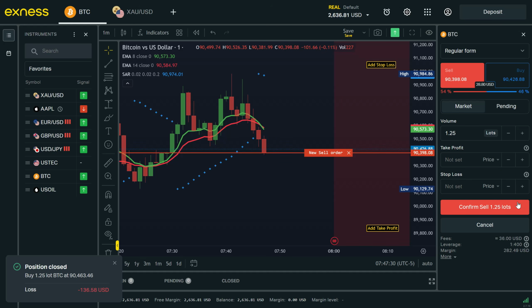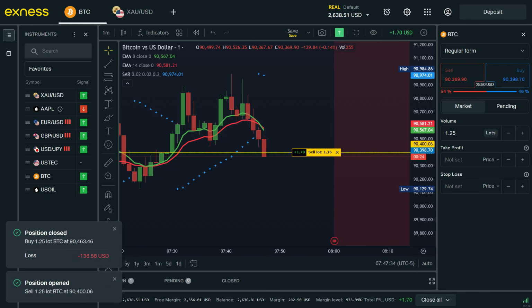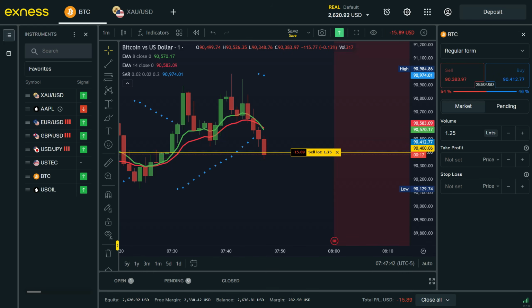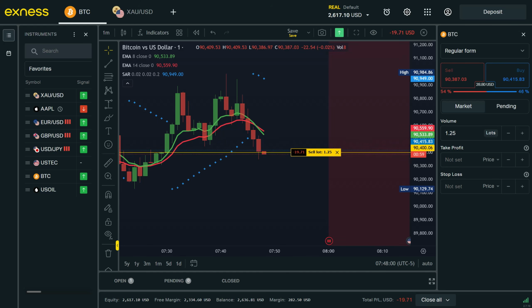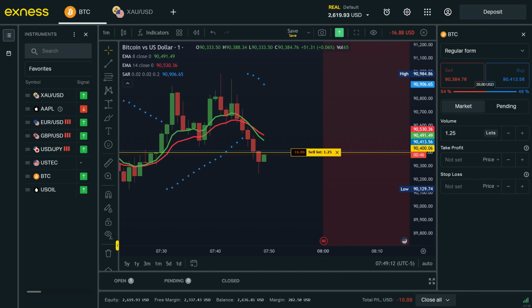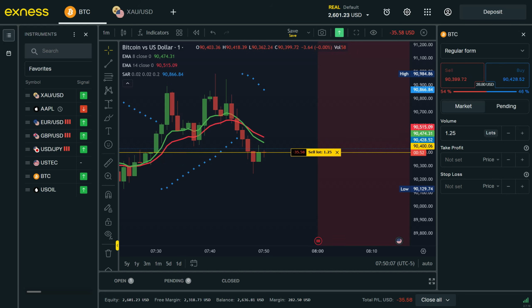The Parabolic SAR dots are positioned above the price, which is a strong indication that we are in a downtrend. The red EMA 14 period has crossed above the green EMA 8 period. This is another key confirmation that sellers are taking control and the market is shifting into a bearish trend. This combination of indicators gives us a high confidence sell signal, meaning we can expect the price to continue moving